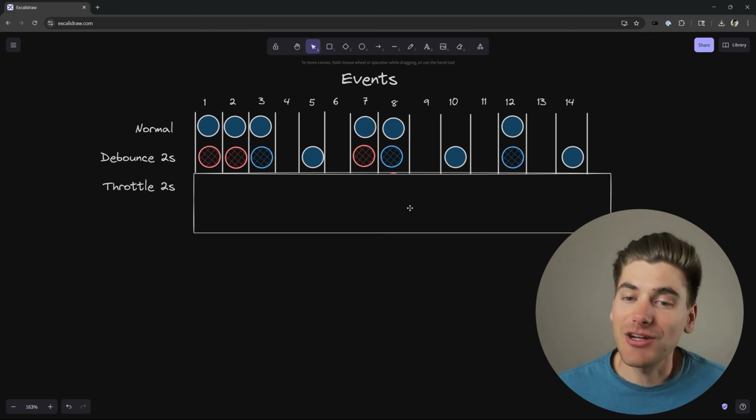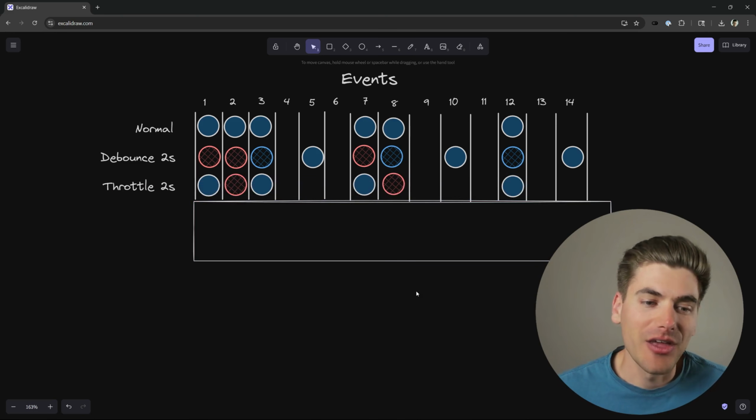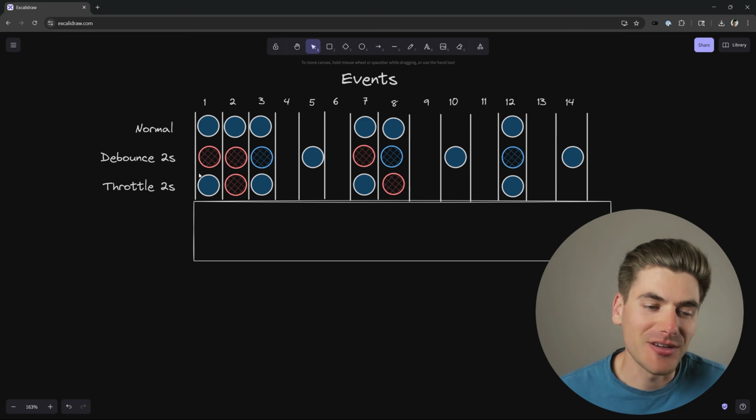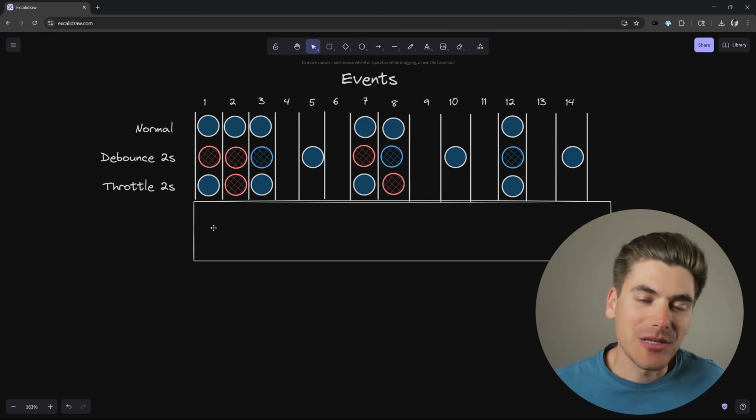Now throttling is actually luckily a little bit easier to understand, and the way that throttling works is essentially you can run at most one event during that period, which in our case is 2 seconds. So every 2 seconds is the most frequently we can run events. So you can see here at second 1, we don't have any events that we ran yet, so we trigger